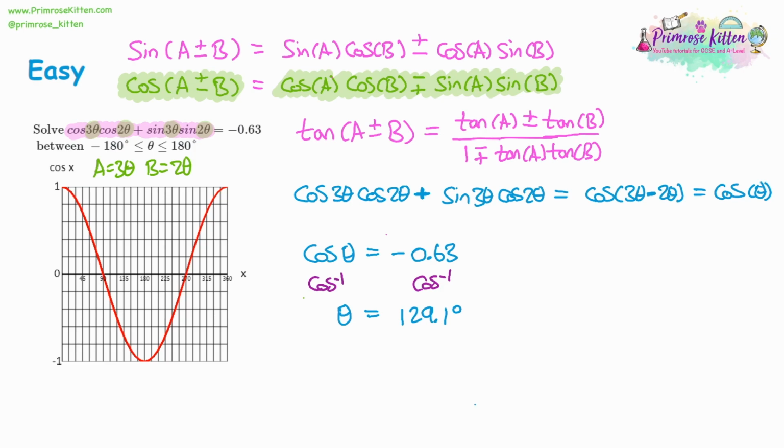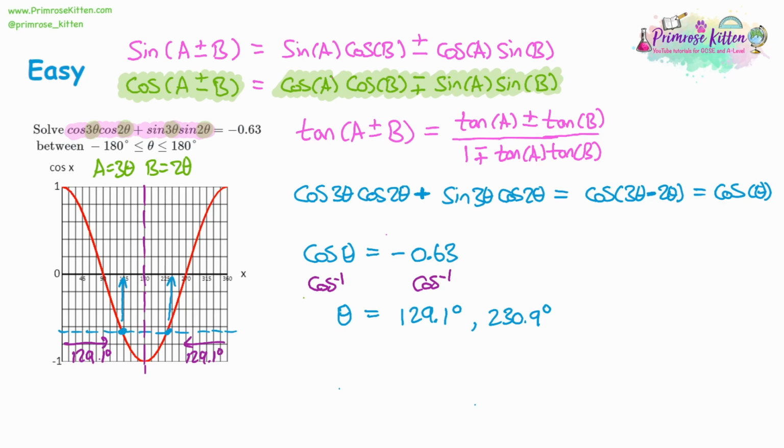Now we need to think about alternate answers. Now going through negative 0.63, which is roughly here, and our first answer is coming in just before 135, which 129.1 does. That makes sense. We want the second possible answer at the same height between 0 and 360. So if we think that our line of symmetry is going to be through 180 with a cos curve between 0 and 360, if we go in 129 from the left, then we're also going in 129 from the right. That means 360 take away 129.1 will give us our second answer, which is